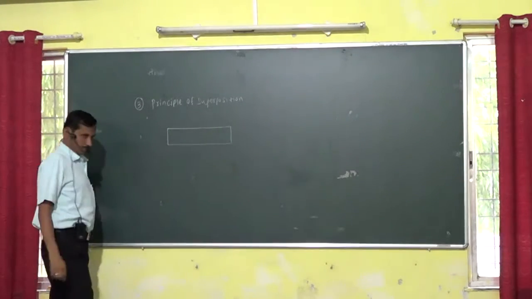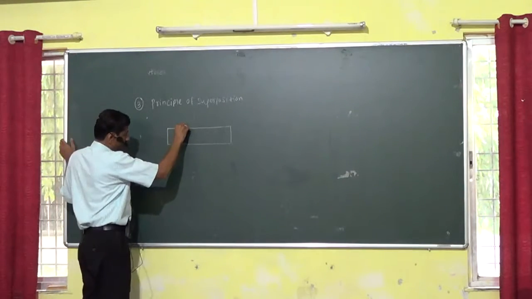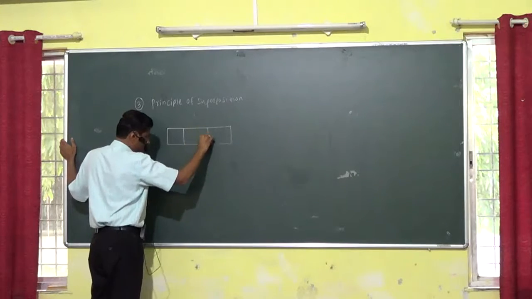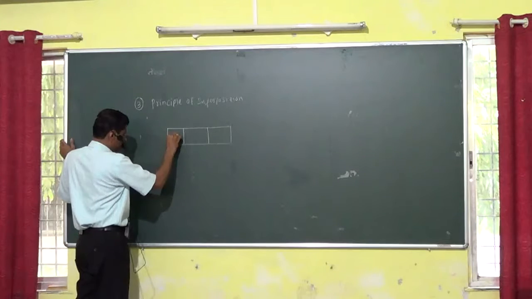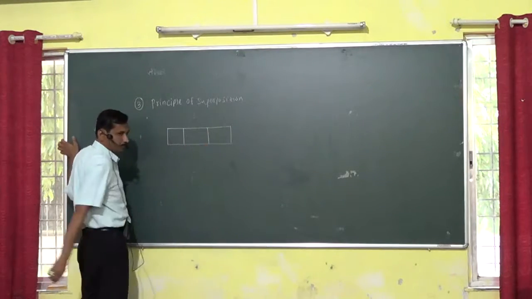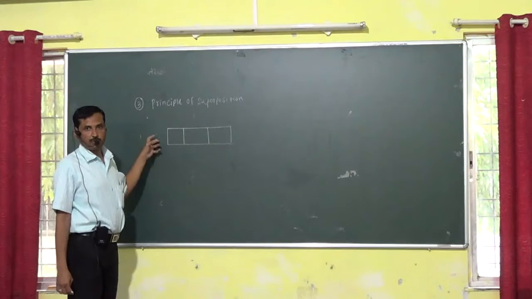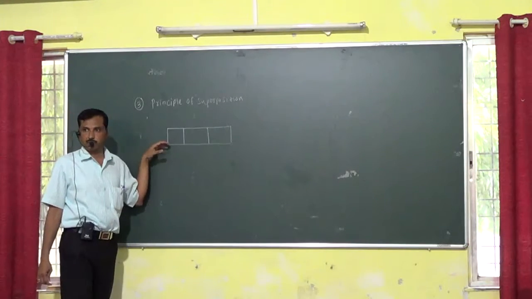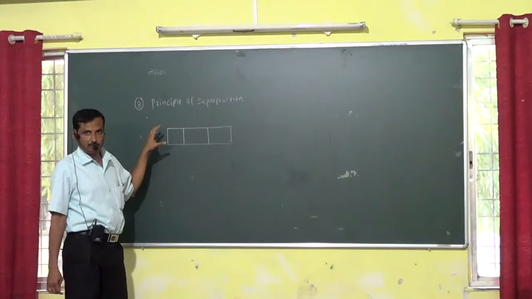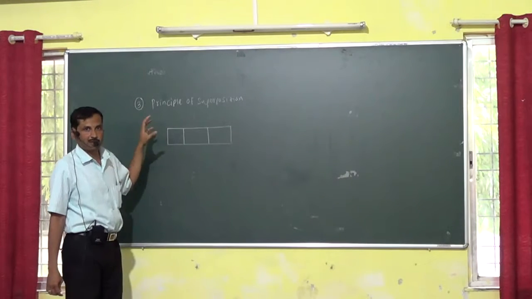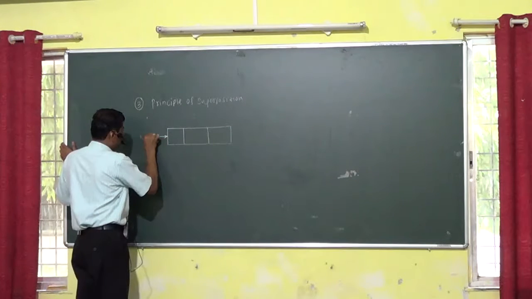Suppose this is any bar with different sections. Suppose this is section 1, this is section 2 and this is section 3. As usual, we are considering section 1, section 2, section 3. Maybe those sections have uniform or varying cross-sectional area. Okay, so if we take one example where the cross-sectional area is the same here, and suppose